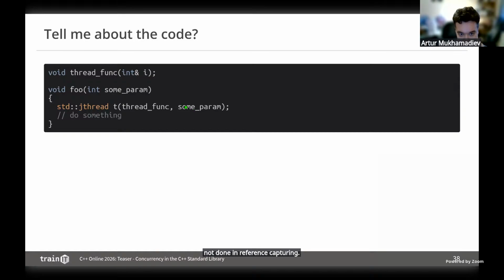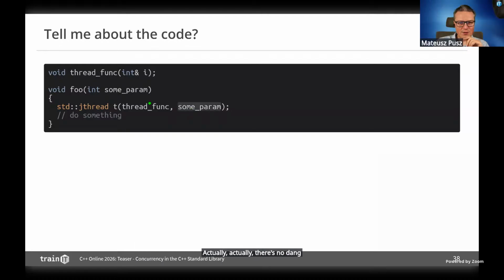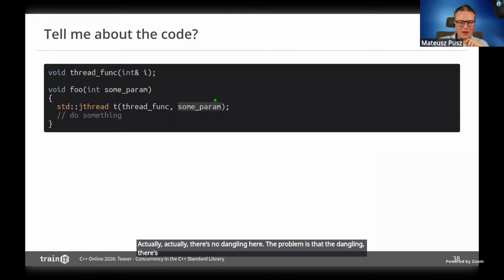So this time the thread function expects a reference to int. Actually, there's no dangling here, because you are just passing int into the JThread internal storage, and then potentially this reference will just refer to the internal storage of JThread. So it should be fine.